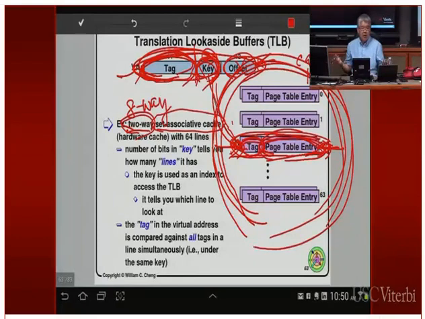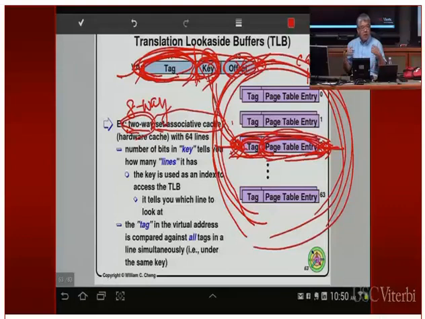So even though I try to save space by using a clustered page table, and I have to walk down that particular chain, I only have to do that once every 1,000 memory references. So having a good translation look-aside buffer is going to pay off really, really well.